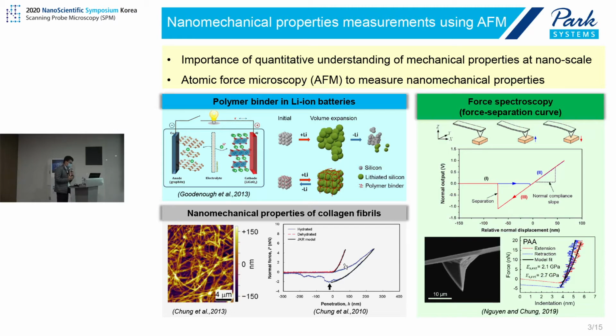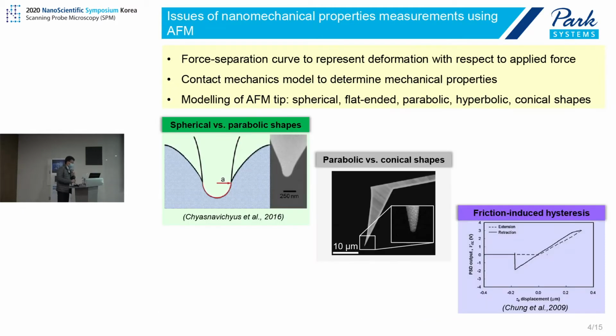The AFM is widely used for measurement of mechanical properties at the nanoscale, especially force spectroscopy. The force separation curve is conventionally used to get information about the mechanical characteristics. The force separation curve represents the deformation or the separation of the sample with respect to the applied force by the AFM tip. Based on it, we can apply contact mechanics theory to calculate the mechanical properties of